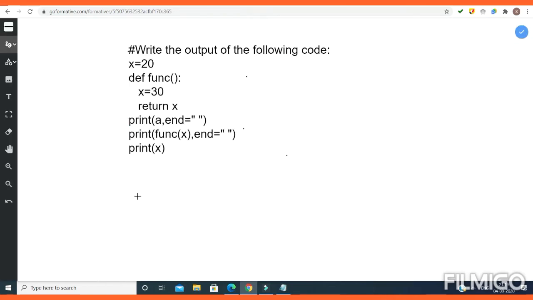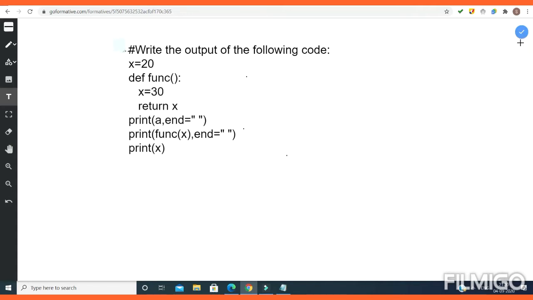Here you can see I have typed my question. So how can you type your question? You will click on this T, that is for text, and then you will click the cursor on the screen where you want to type. Then you will get the cursor and you can start typing like this. After typing the question in multiple lines, you can just click on this right button to close the whiteboard.